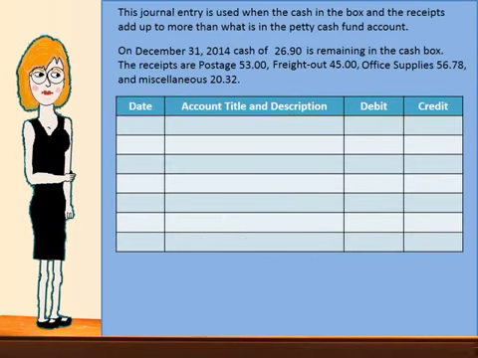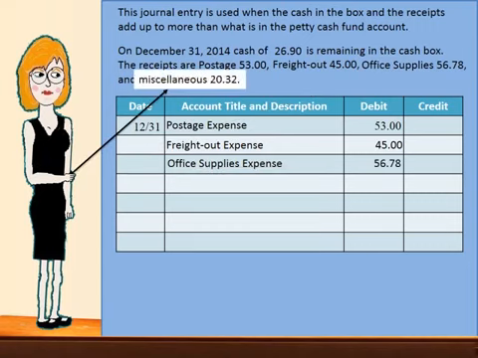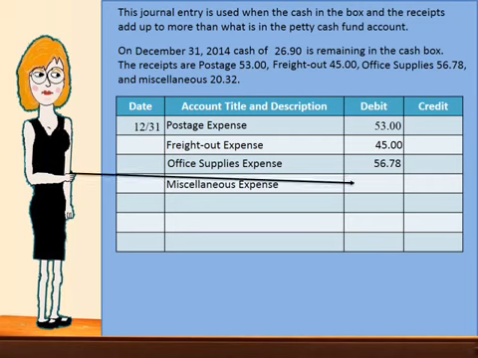Now, the journal entry is used when the cash in the box and the receipts add up to more than what is in the petty cash fund account. Again, the date, and we will do postage expense, and then we will do freight out. Remember to always list these as debits, office supplies, because they are expenses, miscellaneous,